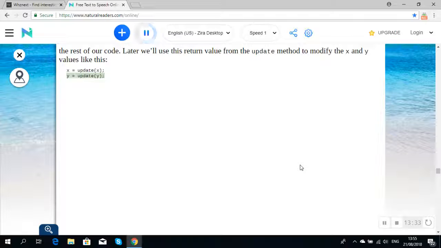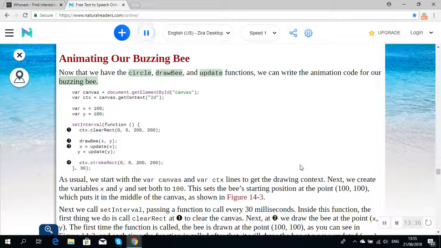y = update(y). circle, drawBee. Update. Buzzing bee. var canvas = document.getElementById("canvas"); var ctx = canvas.getContext("2d"); var x = 100; var y = 100; setInterval